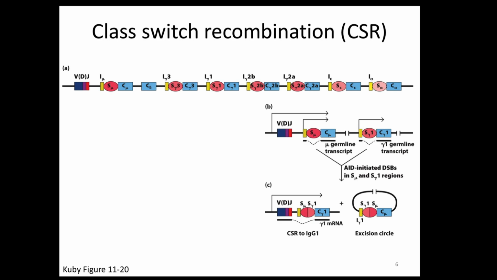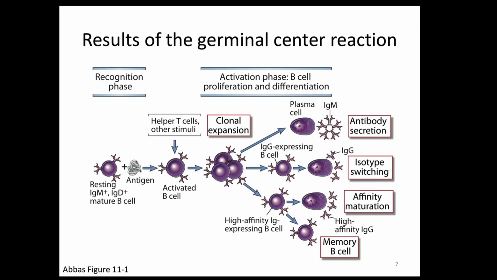The other gene that leads to hyper-IgM syndrome, or the mutation, is AID. So if you don't have AID, you also don't have class switch and affinity maturation. Just sort of makes sense because it's the enzyme that does those processes. And so we've basically sort of seen the outcome of this whole process with class switching and affinity maturation